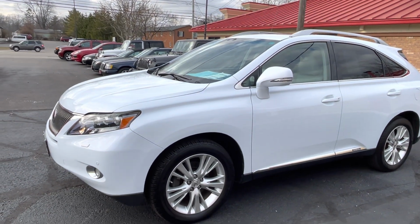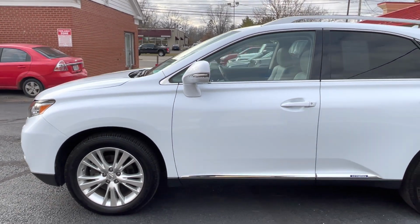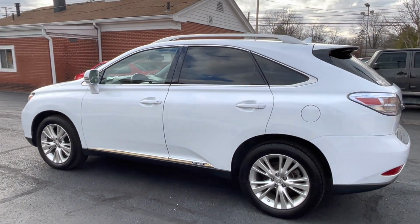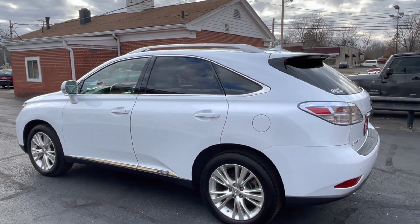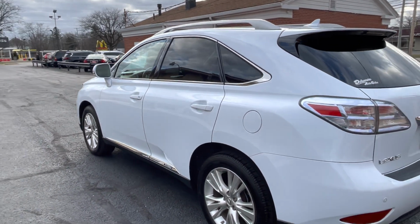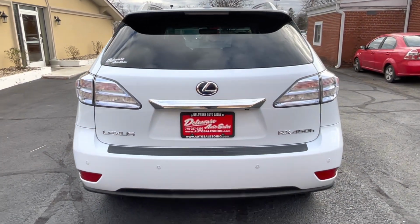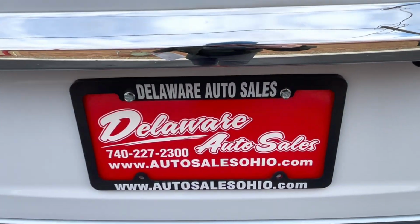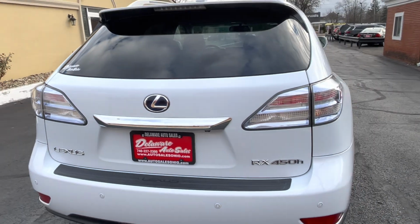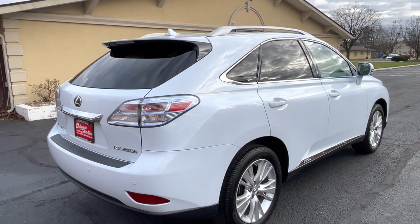2 owners on this. Clean Carfax with a perfect Lexus dealer service history and service records all the way through and through on the Carfax. So if you haven't seen that, take a look at it on our website. This RX is truly in fantastic condition. RX 450h hybrid, so incredible gas mileage. There is our website and phone number, so you can take a look on there for all of the still photography of this car, a link to the Carfax, and a detailed description of things I'm going to tell you